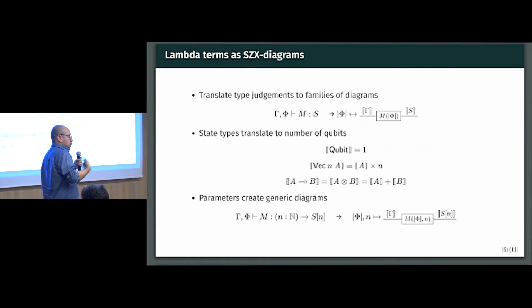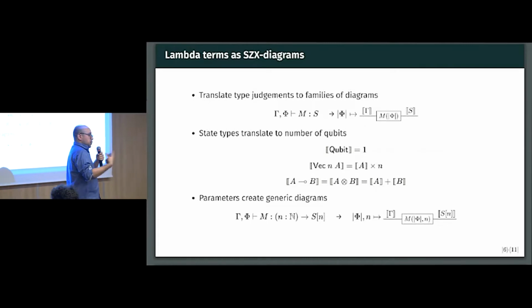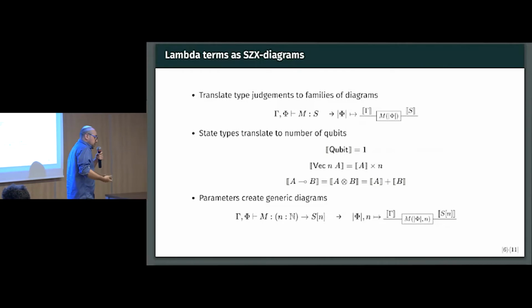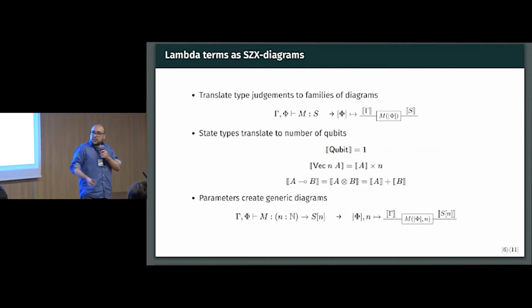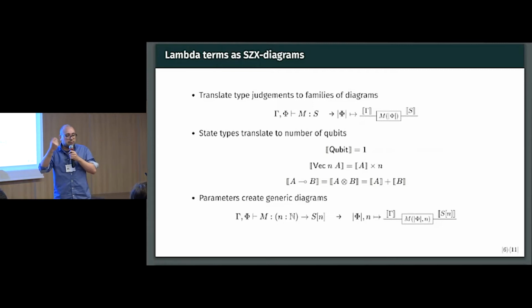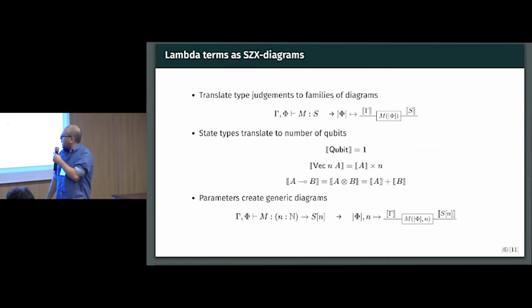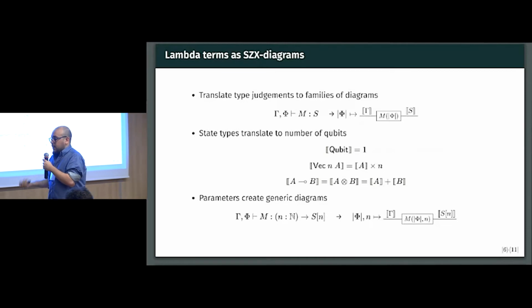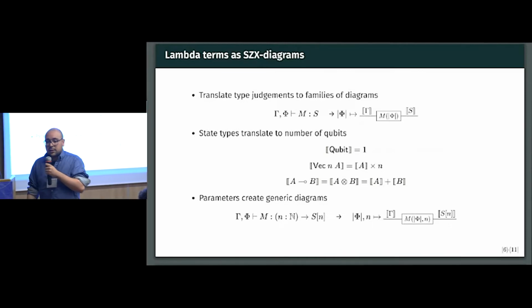You may ask, what is the interpretation of these types? And it's fairly simple. It's the arity of the cables. So if I have a qubit, in that case, it's one. Just one piece of information will go through the cable. If I have a vector, it will be